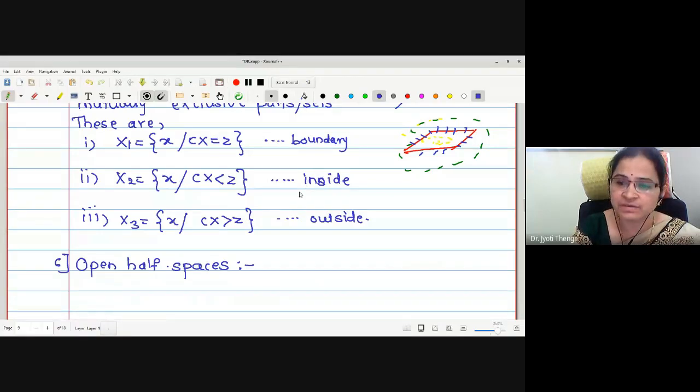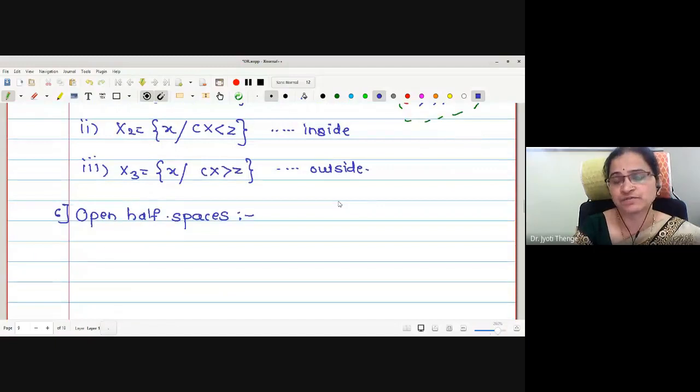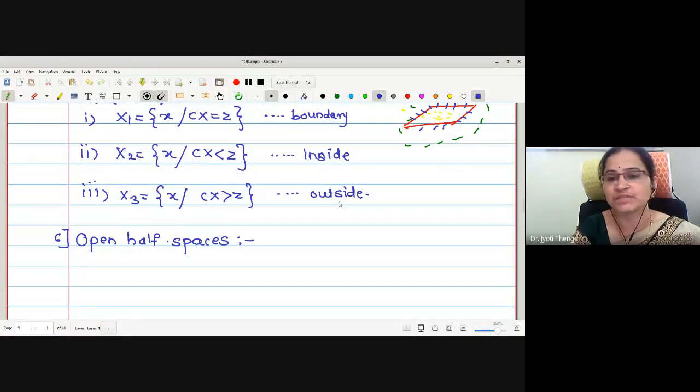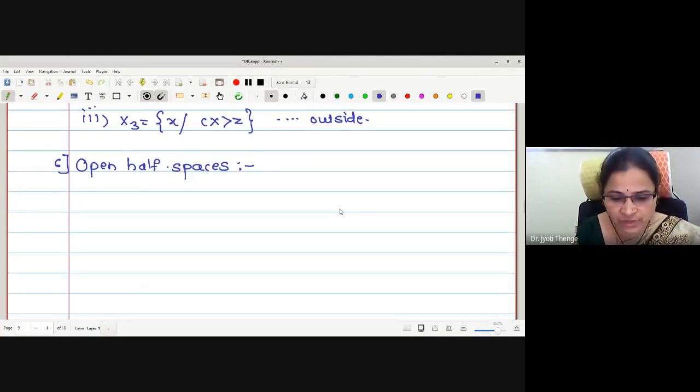Whenever we write the half spaces including its boundary, this is called a closed half space. Very similar to the concept of an open interval, where we exclude the endpoints, and a closed interval, where we include the endpoints of the interval. Therefore, let me write what are open half spaces. The open half spaces are the sets